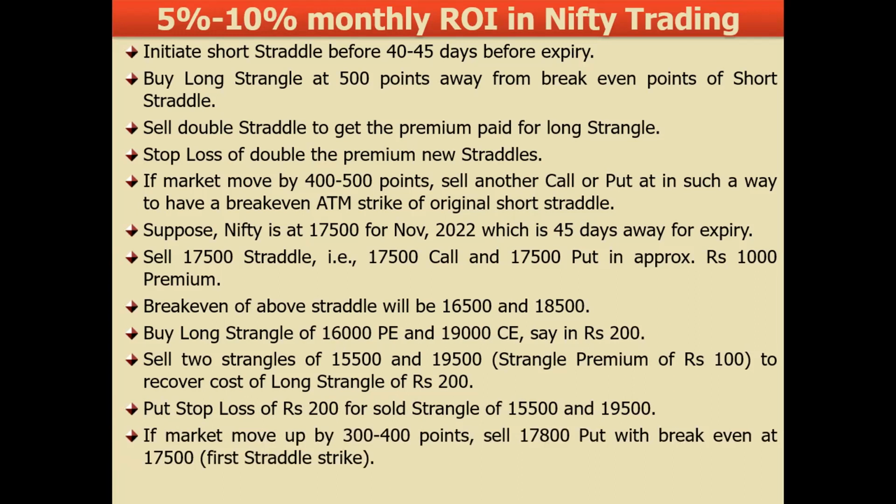अभी वो बोलते हैं अगर मार्केट आपका 300-400 पॉइंट मूव हो जाता है, अगर आप ये नहीं भी करते हो, तो आपका आरओआई बोलता है गारंटेड 5% आ जाएगा, गारंटेड 5% आपको ऊपर वाली लाइन तक आ जाएगा। अगर आपको थोड़ा और ज्यादा निकालना है, तो बोलता है कि जब भी मार्केट 300-400 पॉइंट मूव होता है, 17,800 ऊपर चला गया मान लीजिए, तो 17,800 की पुट बेच दो विद ब्रेक इवन एट 17,500, मतलब 17,800 का जो प्रीमियम आएगा उसका ब्रेक इवन पहले वाले स्ट्रेडल का होना चाहिए।